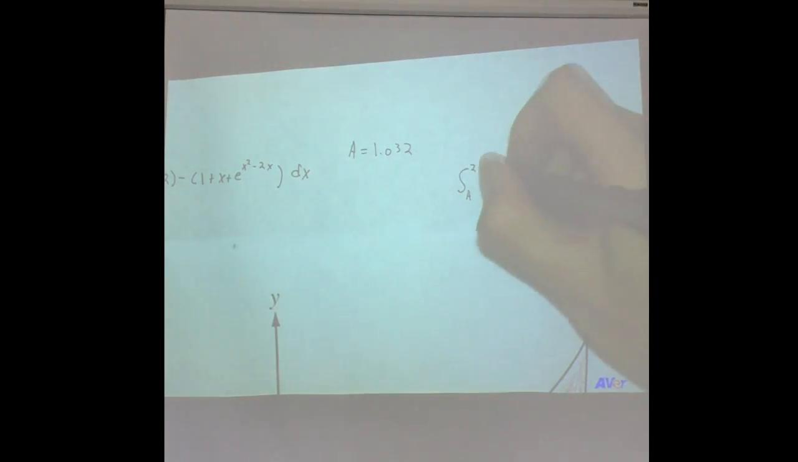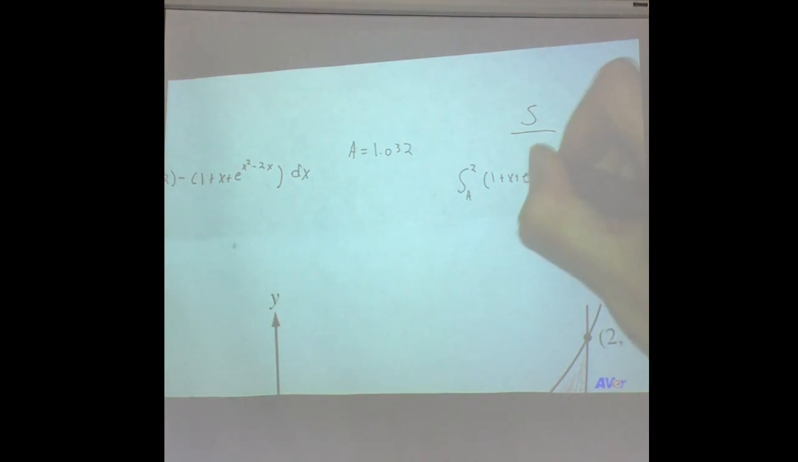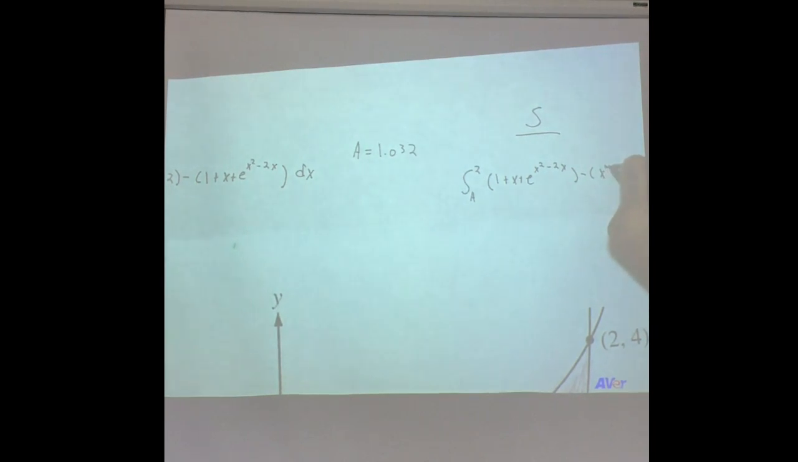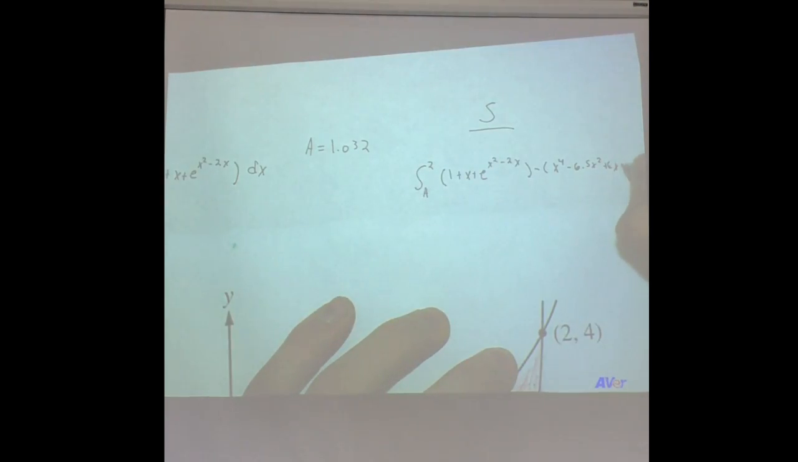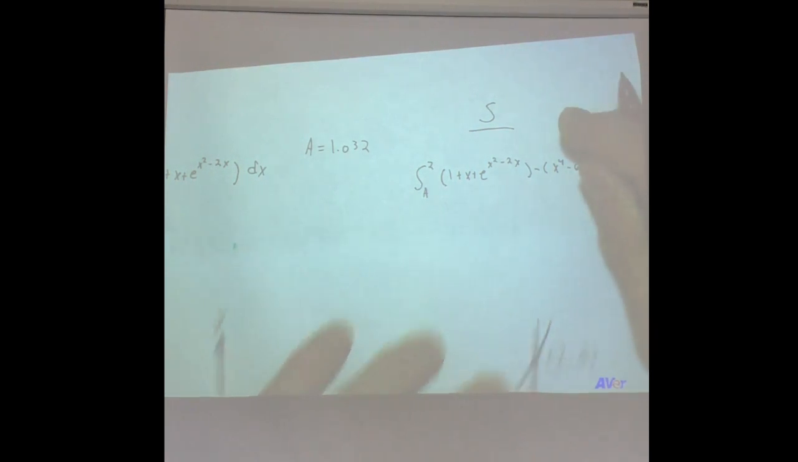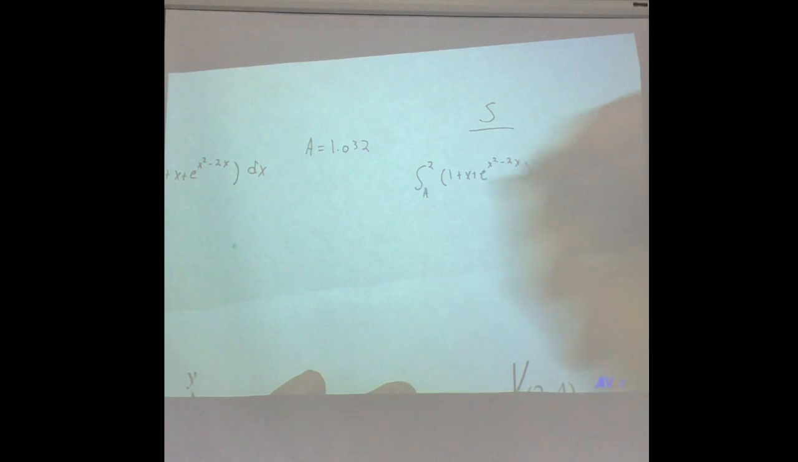So we do 1 plus x plus e to the x squared minus 2x, minus opposite again because this is a lesser function, x to the 4th minus 6.5x squared plus 6x plus 2, dx. So then our area for section S would equal, as Bryce is about to plug in for us,